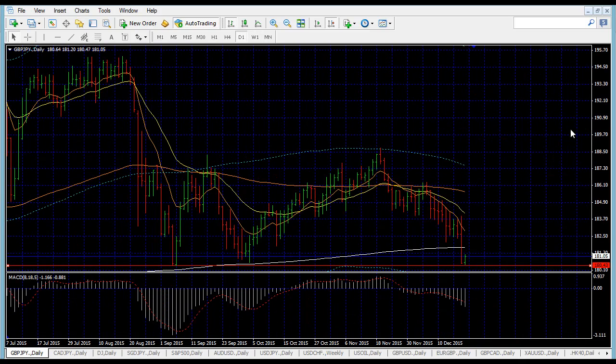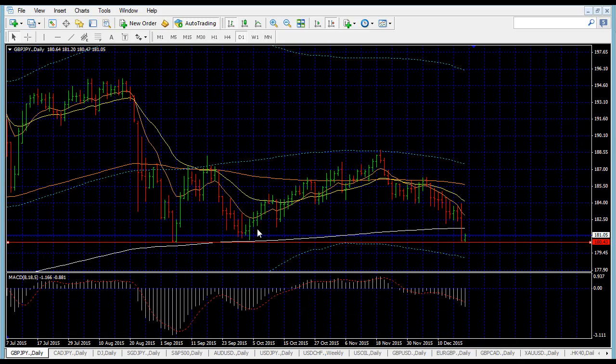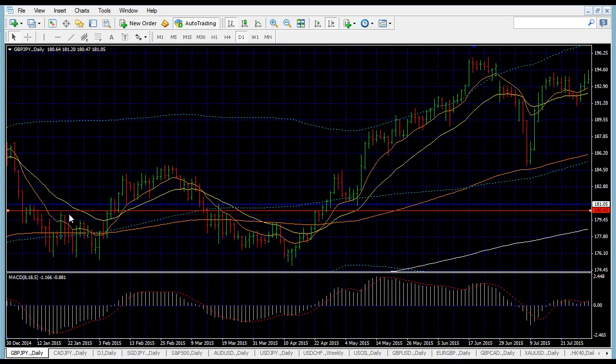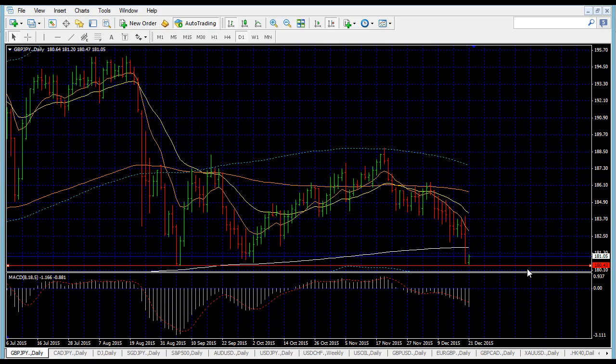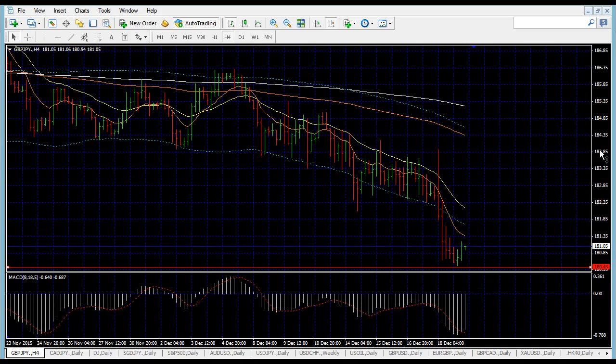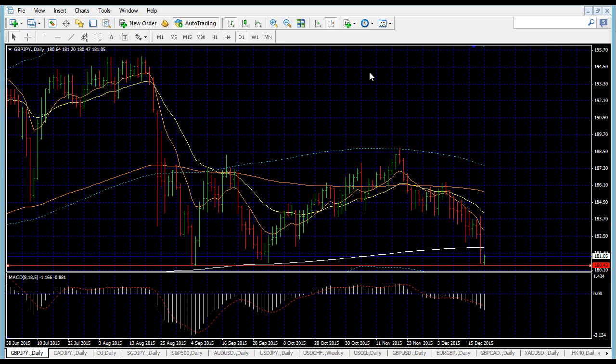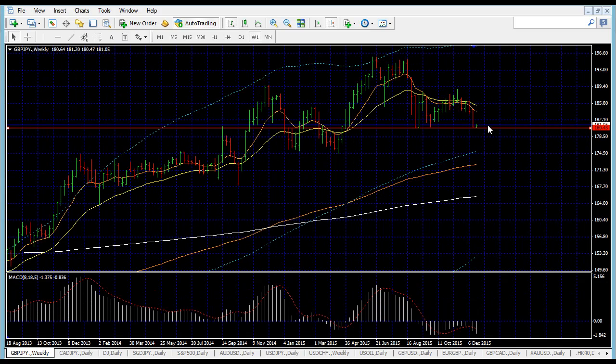If I go over to the daily time frame, we can see it more clearly. Here was all the previous rejection, and price is now testing the old rejection area once again. I'll be watching this area pretty closely. It is of no surprise if there is a rejection and price starts going up. But once price does break through, with a solid confirmation,